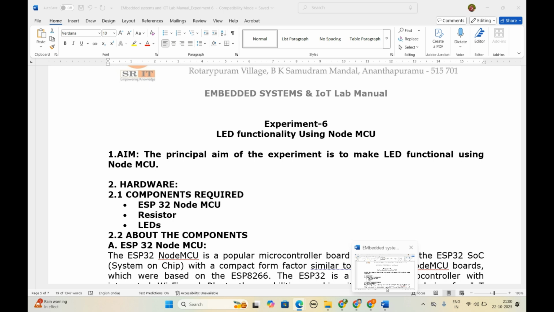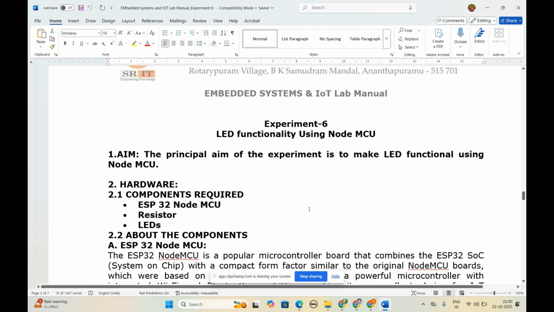Today I am going to explain the experiment related to the Node MCU, where we are performing LED functionality using the Node MCU. The principal aim of this experiment is to make an LED functional using Node MCU. The main hardware components required for this experiment are the ESP32 Node MCU and